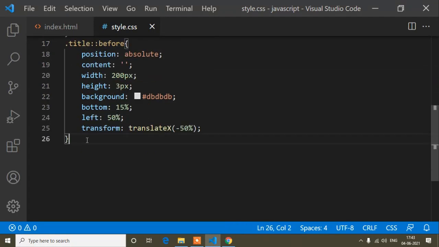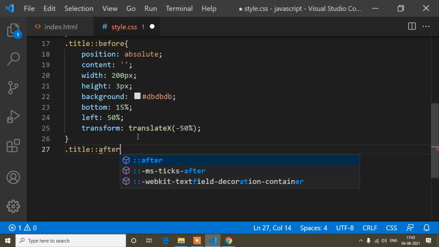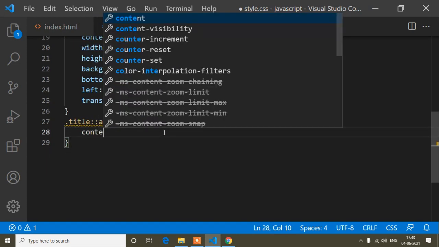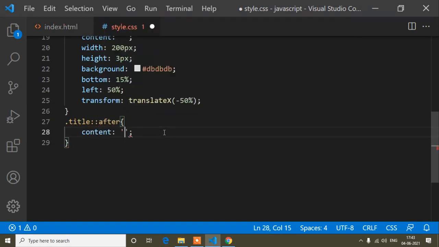So I will copy this title class and paste it here, and here I will write the after tag, and now I will write the same thing, because I already said that when we write before and after tags, we need to pass the content. And now I will not keep it blank, here I will write the content. So the content will be a font awesome icon. Okay, so if you know font awesome icons, you know how we pass them.